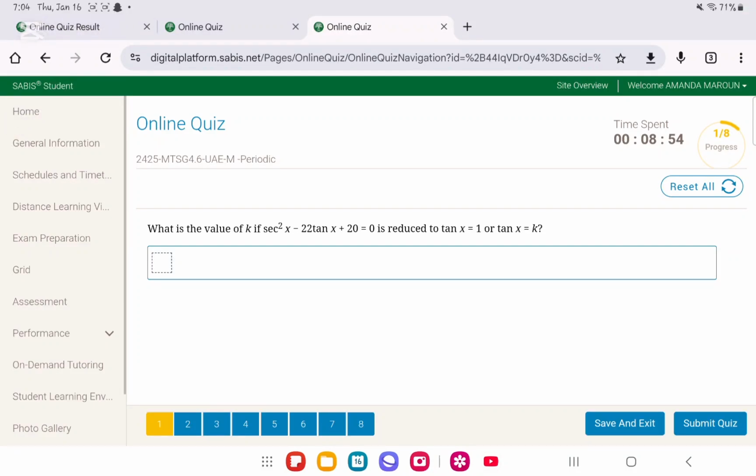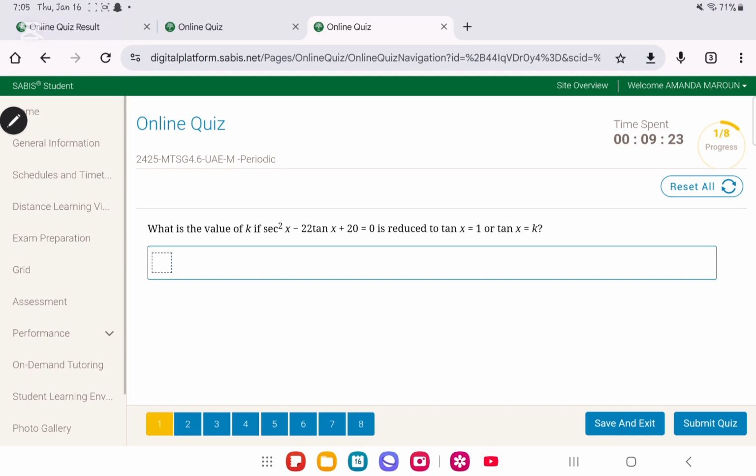So today I will be solving the math periodic course practice for section 4.6 of geometry. And since we are allowed to use calculators, I will be using it for quizzes 4.6, 4.7 and 4.8. Algebra, I won't be using any calculators because they are not allowed. So we will just start with